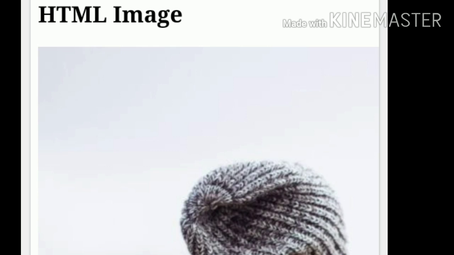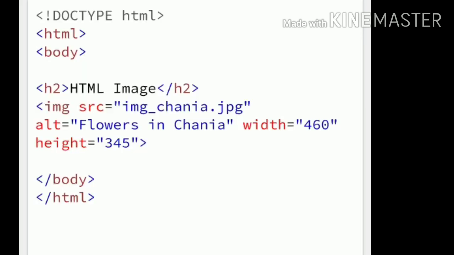Image src equal to within double quotation img_chania.jpg, alt equal to within double quotation "Flowers in Chania", width is equal to 460 within double quotation close, and height is equal to 345 within double quotation close, closing body, closing HTML tag.